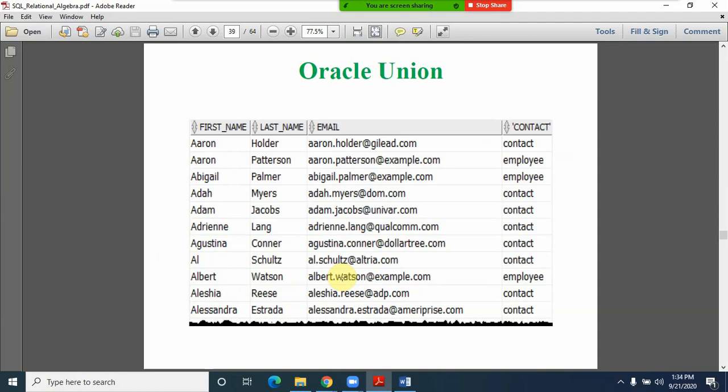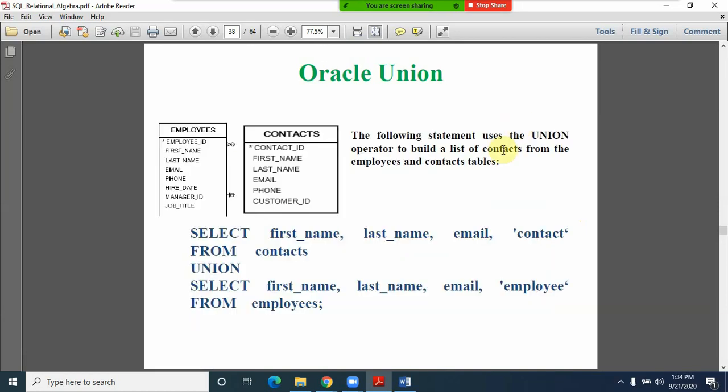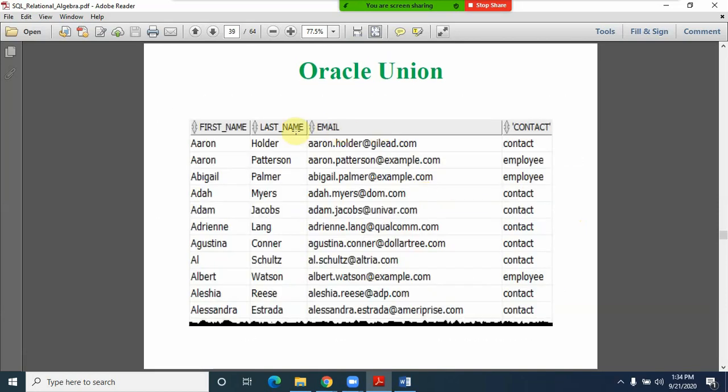You can observe here, friends, first name, last name, email, contact are common to the employee and the contacts information. Now if you observe all this data, each record contains the first name, last name, email and contact information.